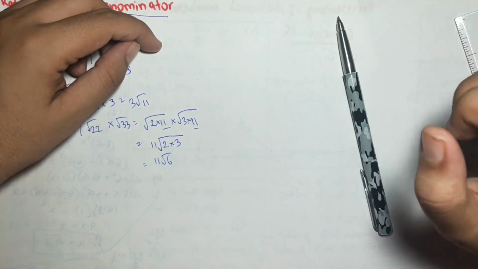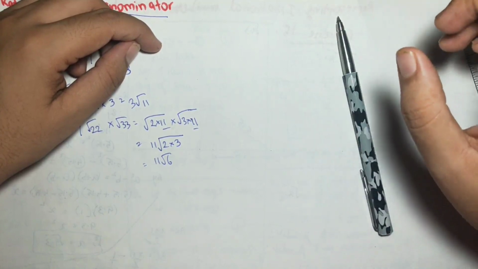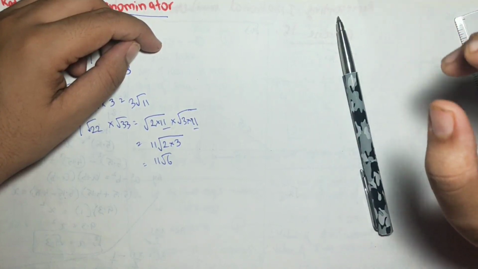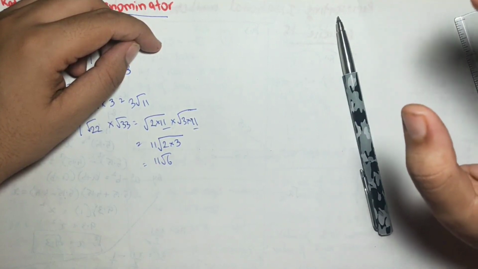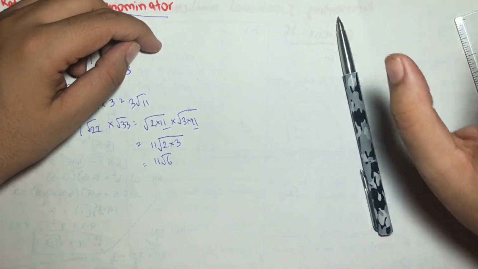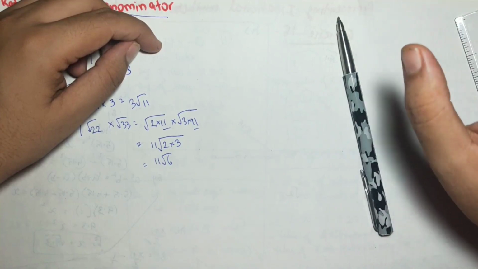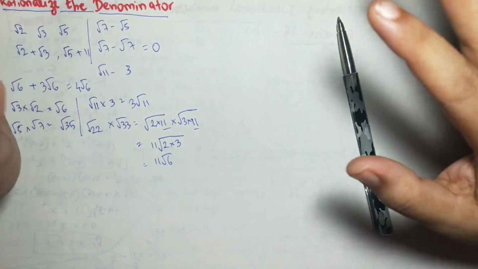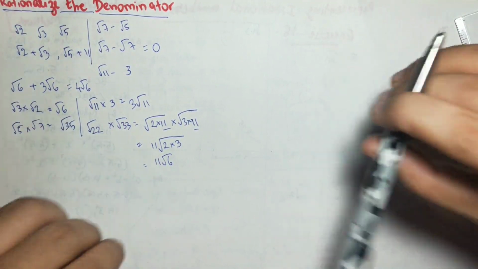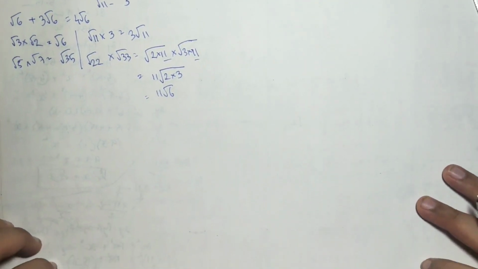We have to multiply an irrational number with another rational or irrational number so that the product becomes rational. Don't think of multiplying with 0. We don't have to multiply with 0 to make it rational. We have to multiply with another number to make it rational. So let us take an example.